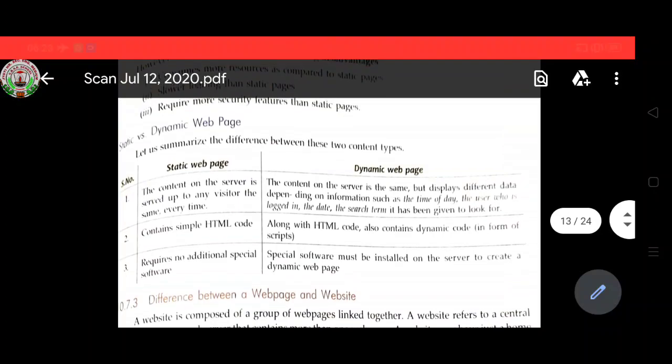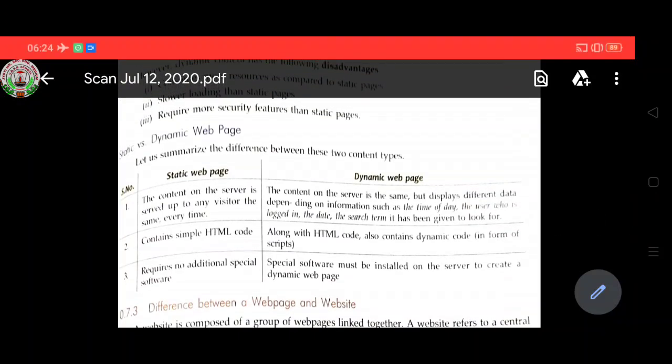Before starting this topic, the difference between static and dynamic, I want to tell you something about your exam. Your pre-midterm exam is going to start, and I had given you two chapters. You have to prepare from both the chapters, but you have to study the complete book. Both the chapters from your book, you study the whole chapter because it is an MCQ-based exam. So I will make questions from inside your book. I had given you some notes, but you have to study the chapters.